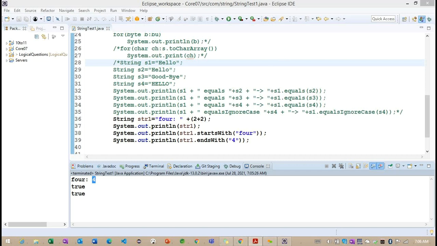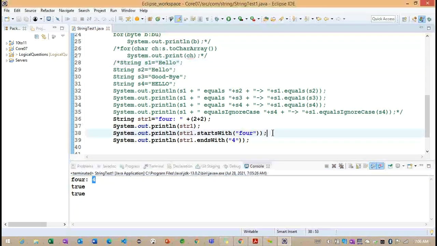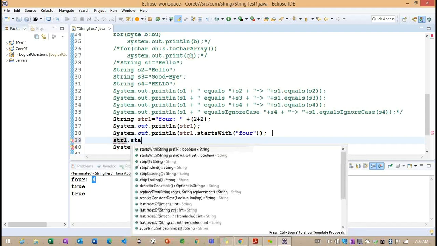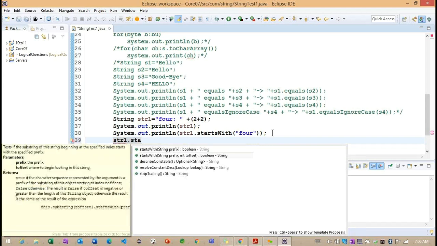Now we try to focus on the other method. We need to focus on one more method inside startsWith here. You can see there are two startsWith methods we have.